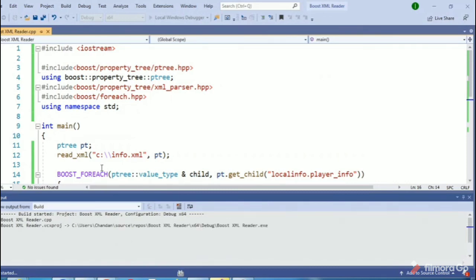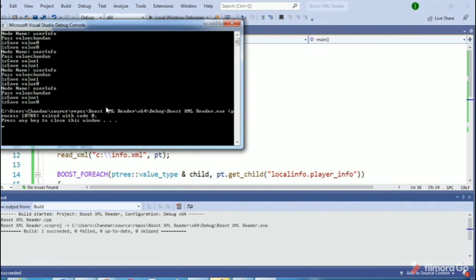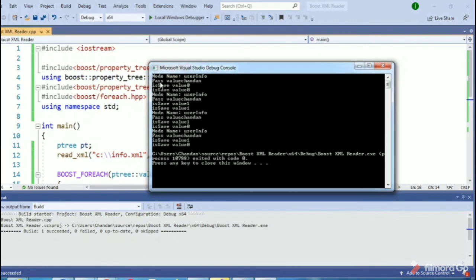Now here you can see the first node name is user info, and its attribute is Chandan, and the value of is save is 0. And this should be is last login.